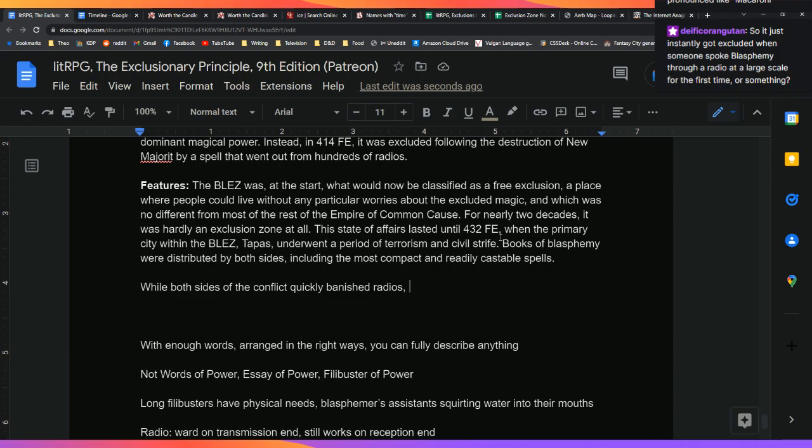Blasphemy is incompletely described, and I know that, and part of that is because, like with a lot of magic systems, the most obvious thing to do is just to build a bomb. And so if a lot of it's going to be bomb building, I don't really want to describe a magic system that just blows shit up, you know? Like, why design it if you can just say that's the end result, or to imply that that's the end result. So like, does a beam of power shoot out from these radios? Is it a strict explosion?